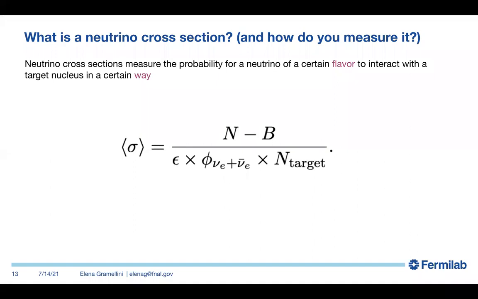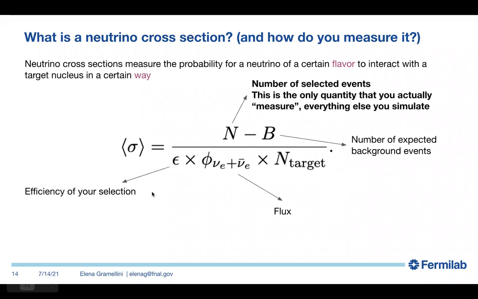But in general, the simplest formula for a cross-section that you can think about is the one that you're seeing right now. So sigma is your cross-section. This is single bin. And N is the number of selected events, the number of neutrino events that you were able to pick out in your detector,